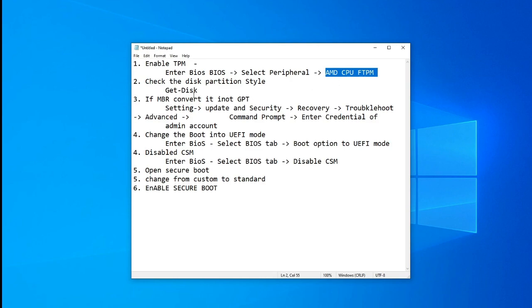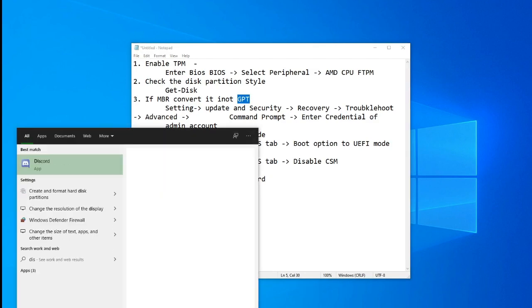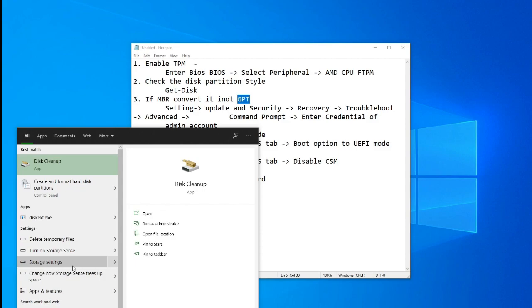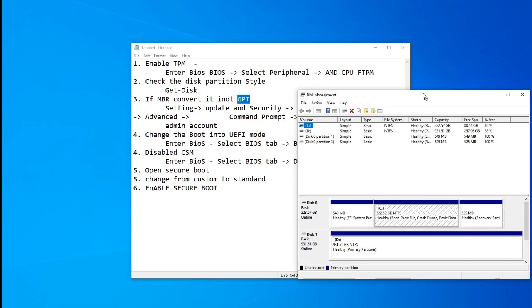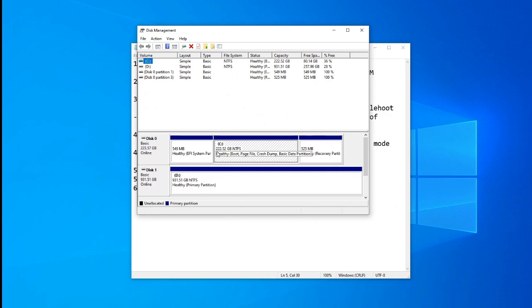One more thing: before you enable the secure boot state, you have to check whether the disk where you have installed the C drive is in MBR or GPT. You can check that using disk management. If you just type disk management, you will get this option, and here you can check.